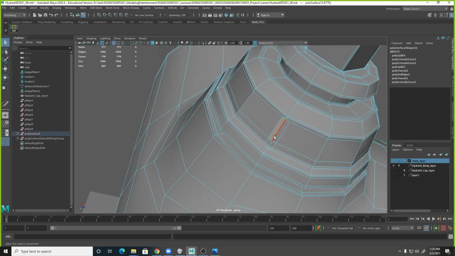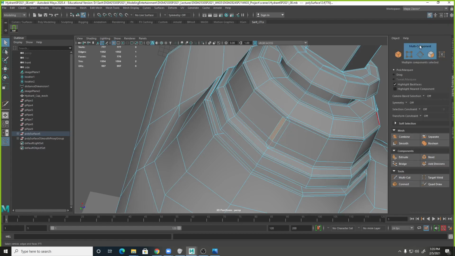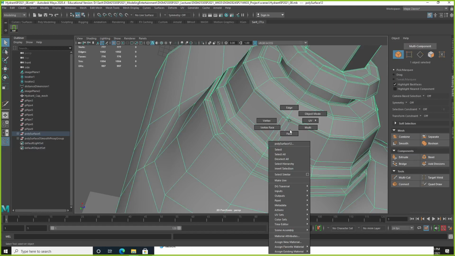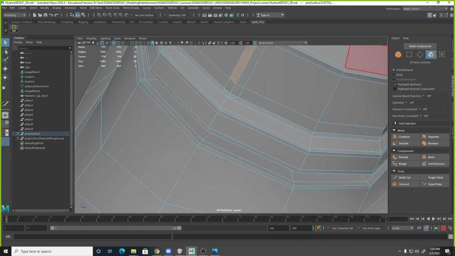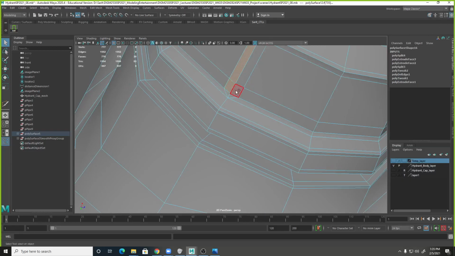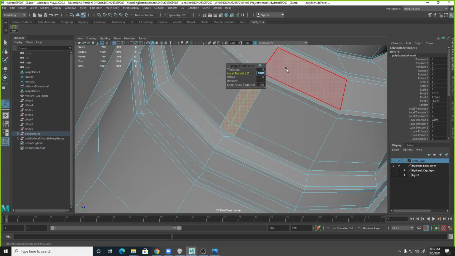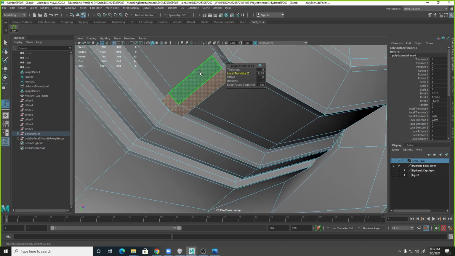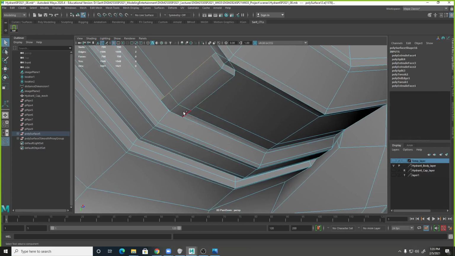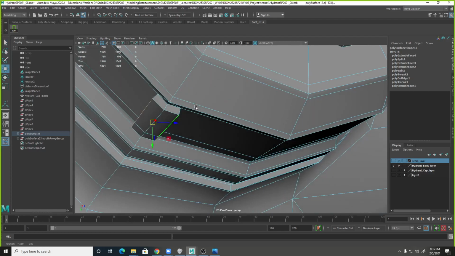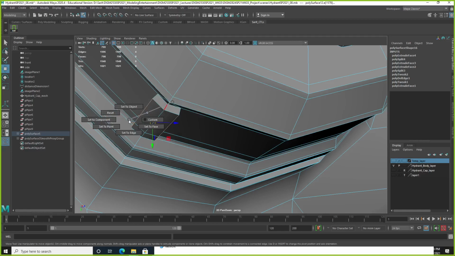And once again, multi-component, not multi-cut, that's the shortcut I did. Here we go. Extrude, and I already know 0.06. There we go. And same technique, select edges, turn on move, hold W, left mouse button, choose axis, custom